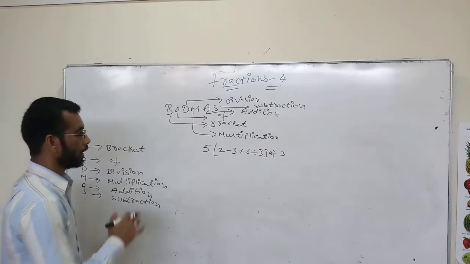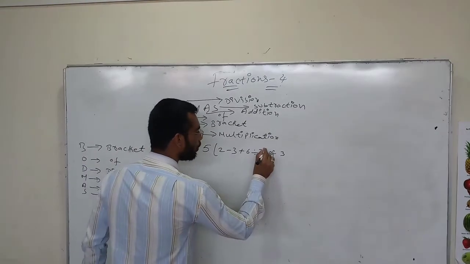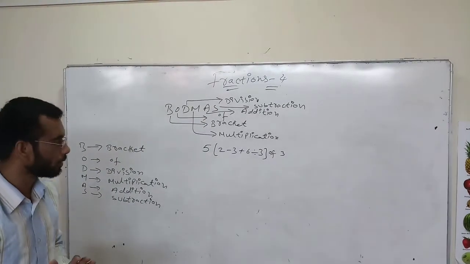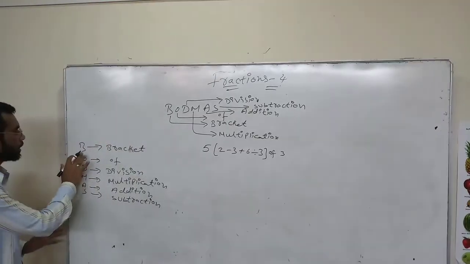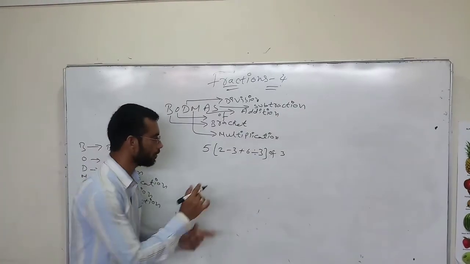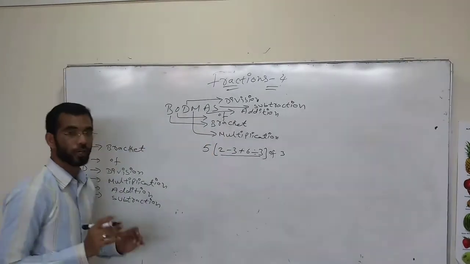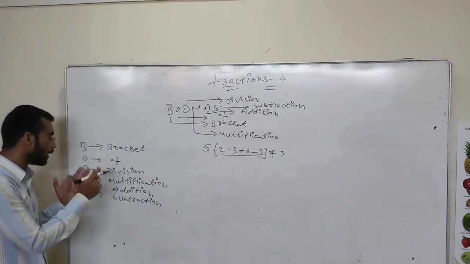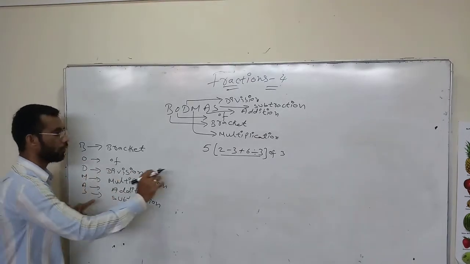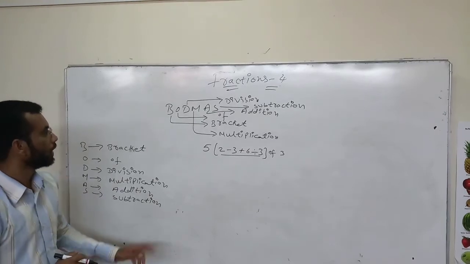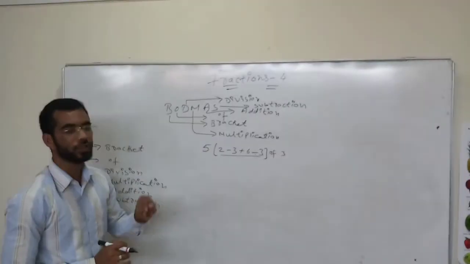Because in this one you are going to use the BODMAS rule. BODMAS rule is nothing but: first you have to check the bracket. Is there any bracket in this one? Yes, this one is the bracket. First, solve inside the bracket. If you find any of, do you find any of in this bracket? No. Do you find any division in this one?